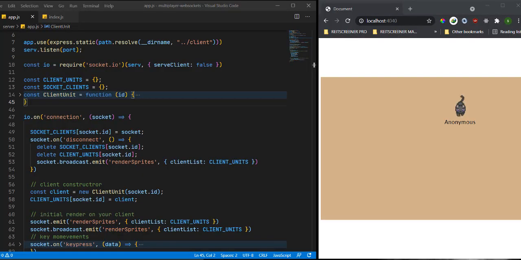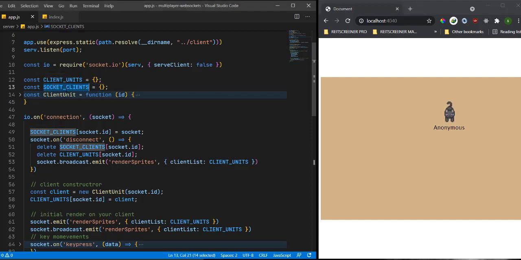On this second part, I'm going to be discussing the way I control the character when it comes to movement, and at the same time, how we are able to render the character to the front end, or to the client itself. So first and foremost, looking at our server code, previously I've discussed the socket clients,